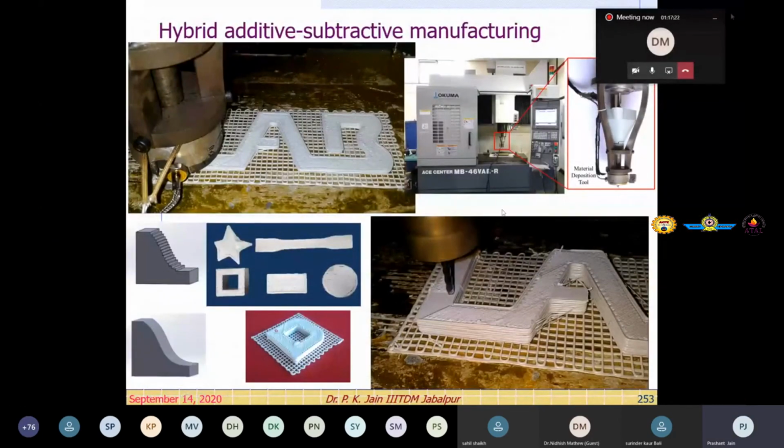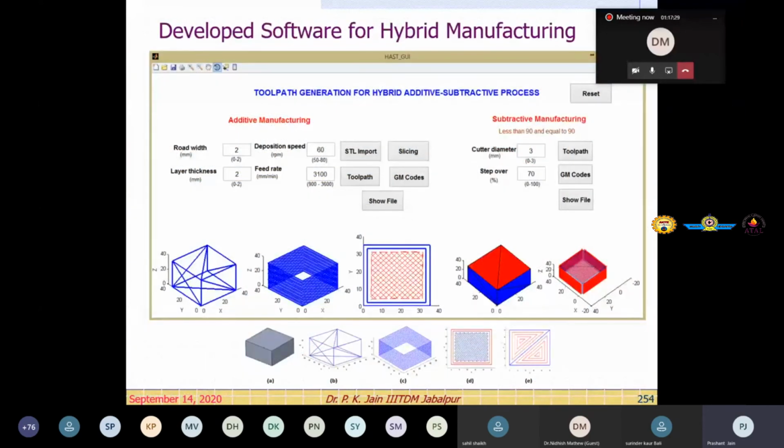And this is the software module we have developed completely so that we can assign the process parameters, road bed, then STL file import, we can generate the slicing, then toolpath, convert it to the G and M code, we can see here. So suppose this is the STL file, this is the contour information, this is the raster toolpath, and we can fully simulate it, right? And then this is the subtractive machining. From the same setup, we are capable of generating the G and M code, which we can upload on our CNC machine, which is capable of running this program, right?